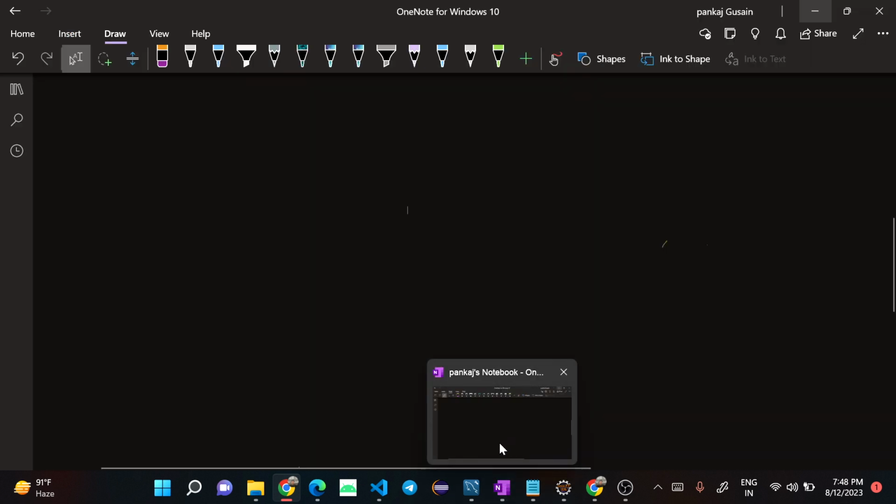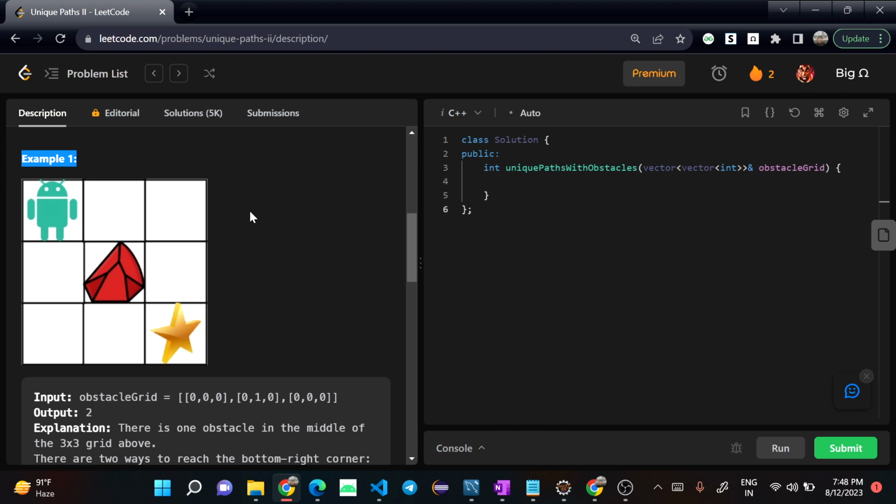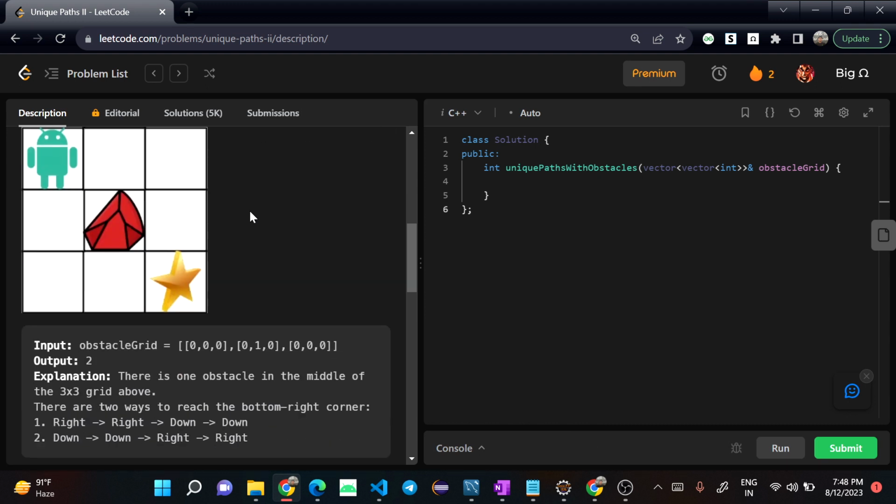Okay, so in this video I will be using the recursion plus memoization approach, and in a later video I will try to solve this question using the tabular method. Okay, so